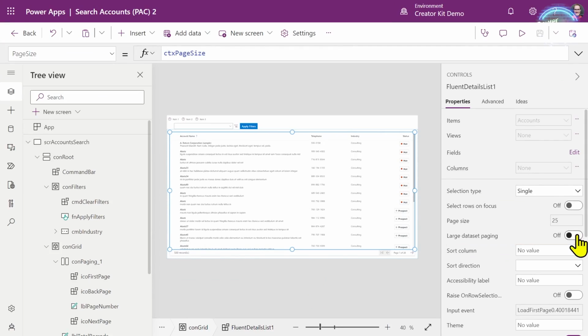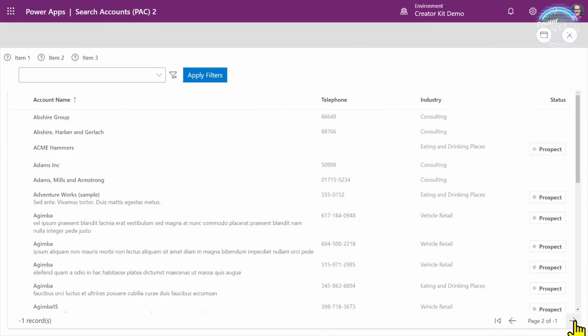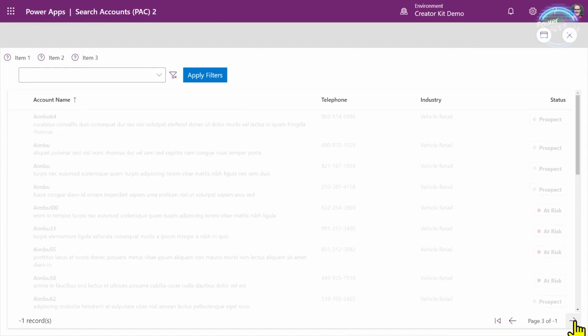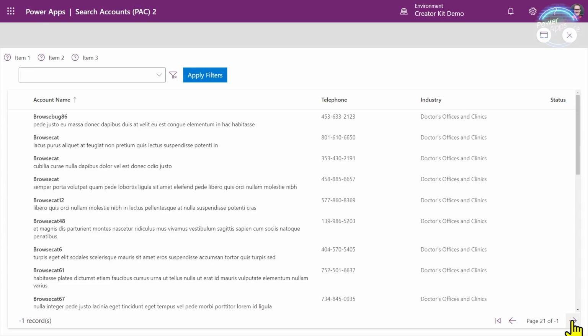All this does is bypass some of the limitations of the details list to enable us to page beyond that 500 records, because by default it's going to check, are we on that last page? And if we're up at that 500 limit, then it thinks that there's no more records because we've only got 500 being returned. But when you turn this on, it bypasses that check to enable us to page past that 500 record limit. Now if I keep on moving forwards, if I go up to the last page, that page 20, now I can move past that page into page 21, page 22.